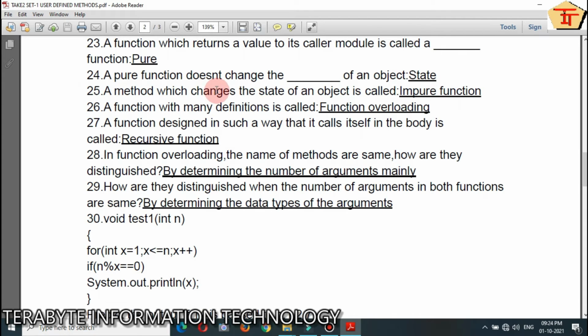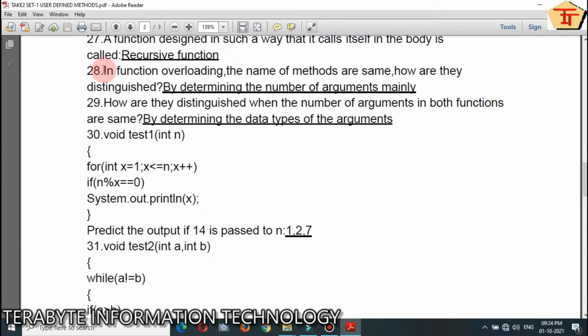A method which changes the state of an object is called impure function. Question number 26. A function with many definitions is called function overloading. Question number 27. A function designed in such a way that it calls itself in the body is called recursive function.